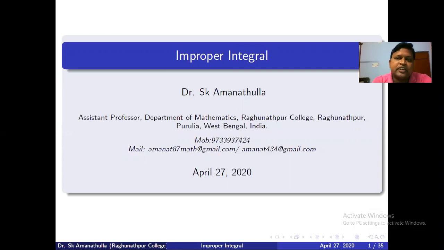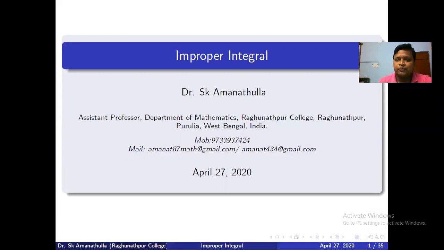In my first two lectures, I have discussed the improper integral of the first type, the convergence of improper integrals of the first type, different types of improper integral, different theorems, etc. In my third lecture, I have discussed the convergence of improper integrals of the first kind and some problems on them. In my next lecture, that is lecture 4 of improper integrals, I will discuss the convergence of the improper integral of the second kind and